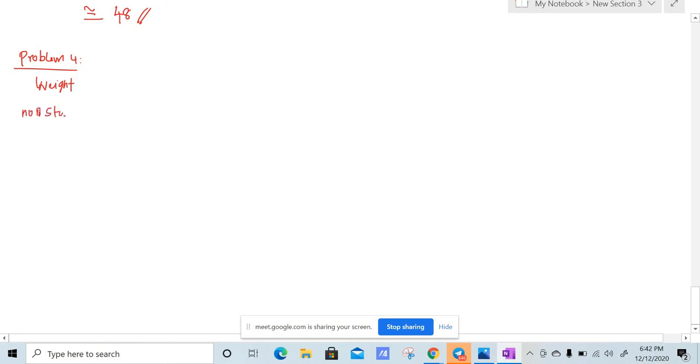So they are given the number of students by weight. The number of students whose weight is between 0 to 40 is 250, 40 to 60 is 120, 60 to 80 is 100, 80 to 100 is 70, and 100 to 120 is 50, right? Find the number of students